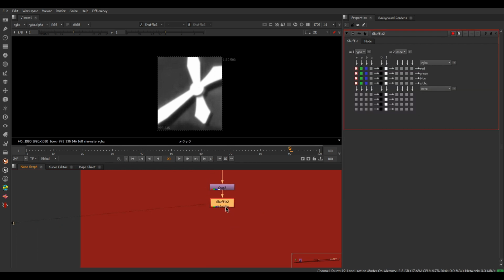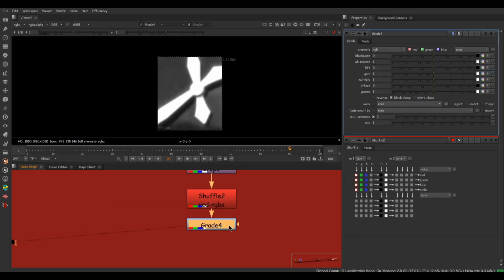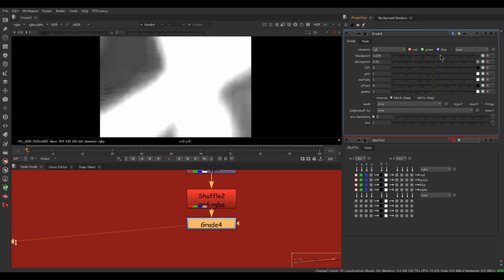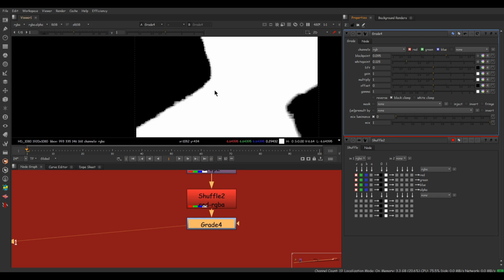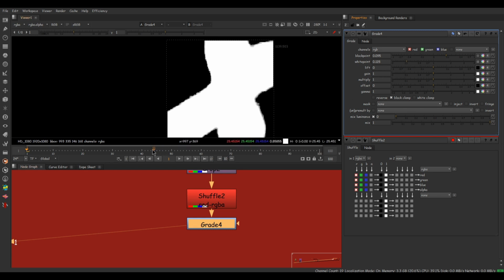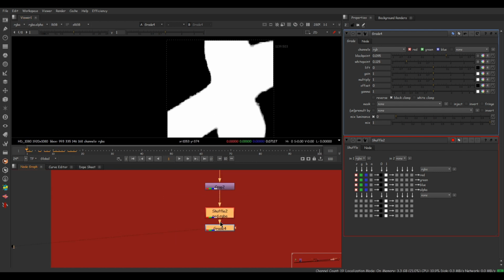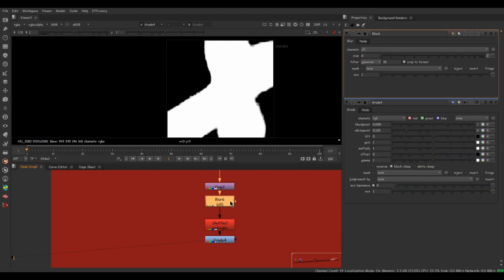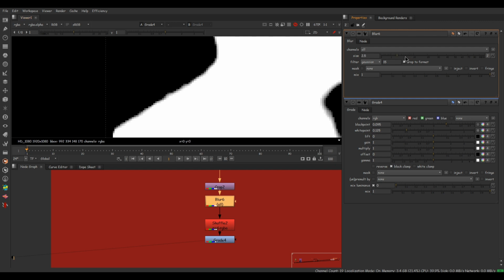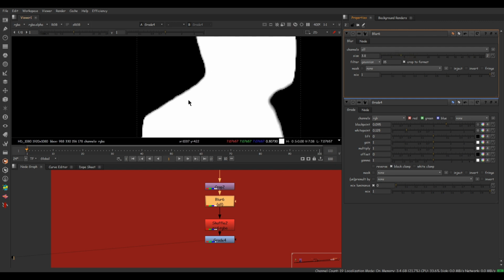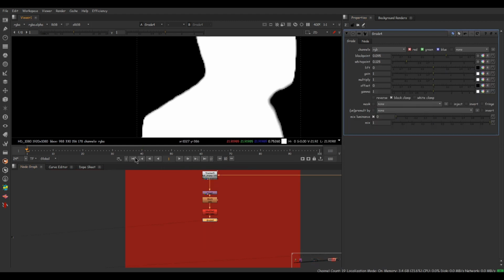To this shuffle node, let's connect a grade node to crunch these values and create an edge that travel through the defocus animation. I'm going to adjust the black and white point sliders to get a result like this, removing all the midtones. This looks fine for me, but you can see a lot of noise. Let's reduce these noisy jitters by adding a blur node just above the shuffle node. Yeah, you can see the difference here. So this is perfect for me. Value of 3.8. After removing all that noise, you can see the end result here.